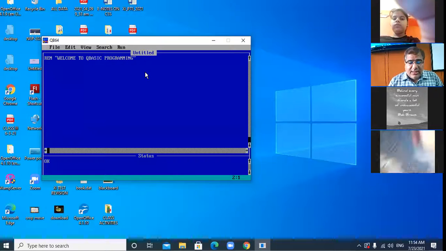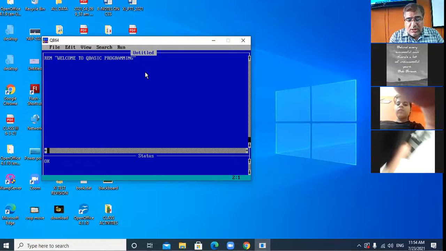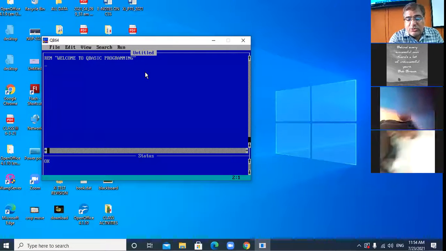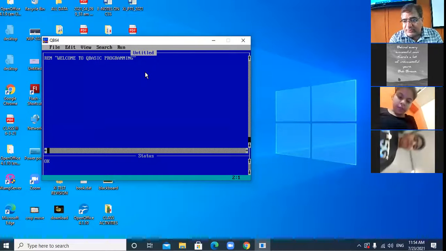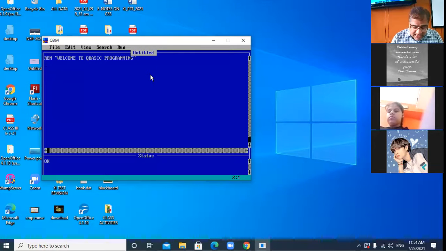Now, the next command is the print command. Beta, print command is used to print any message. Whatever message you want to display on the screen, you can display with the help of print command. Like suppose I am giving print double quotes, I am in 7th C class, enter.